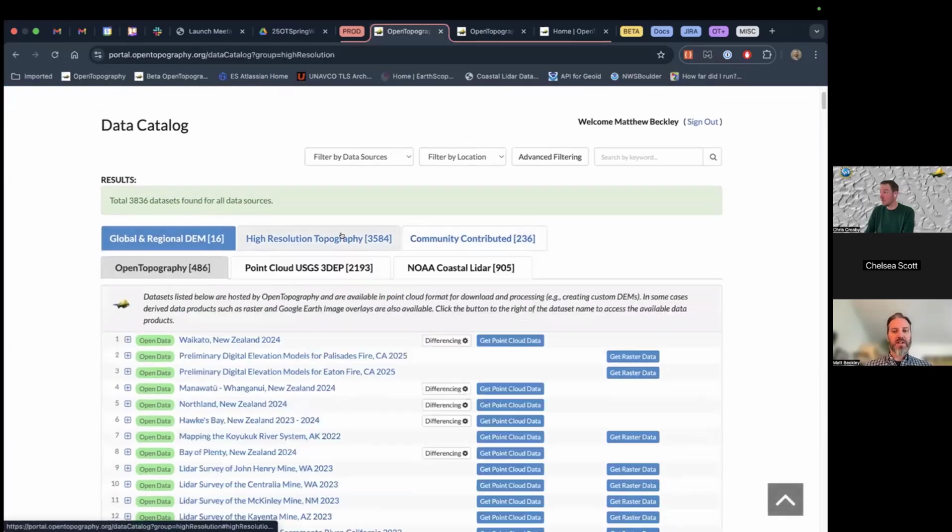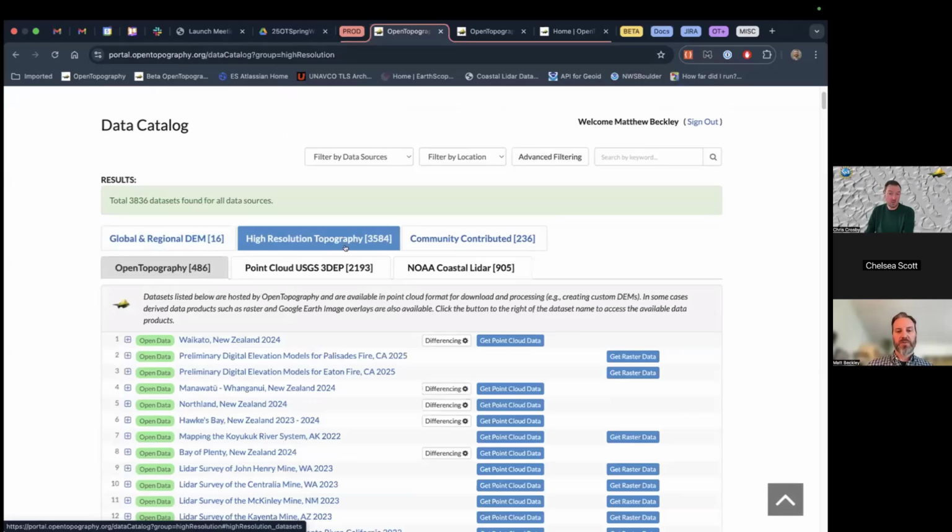One thing to mention here that sometimes can also confuse people that I just want to clarify is these different buttons. So you'll see there's a differencing button, get point cloud data, get raster data. So when data collectors or data providers give us the data, we generally don't do a lot of post-processing or create extra core products. We do derivative products from the data, but we don't always get a full suite of data from the providers.